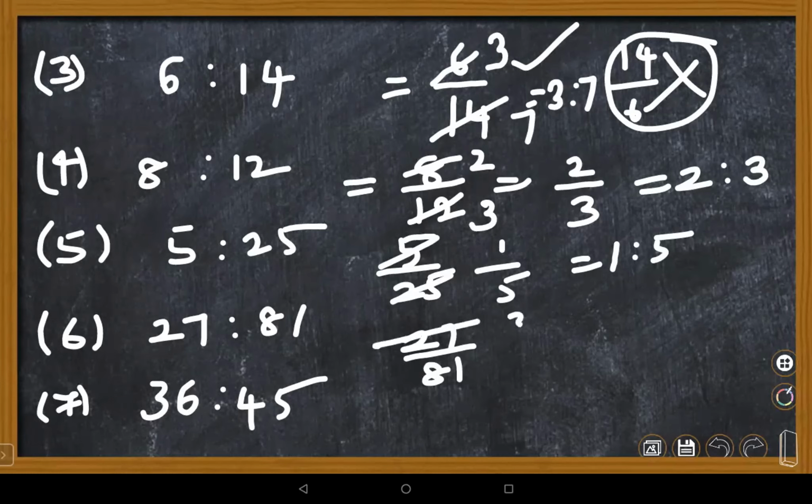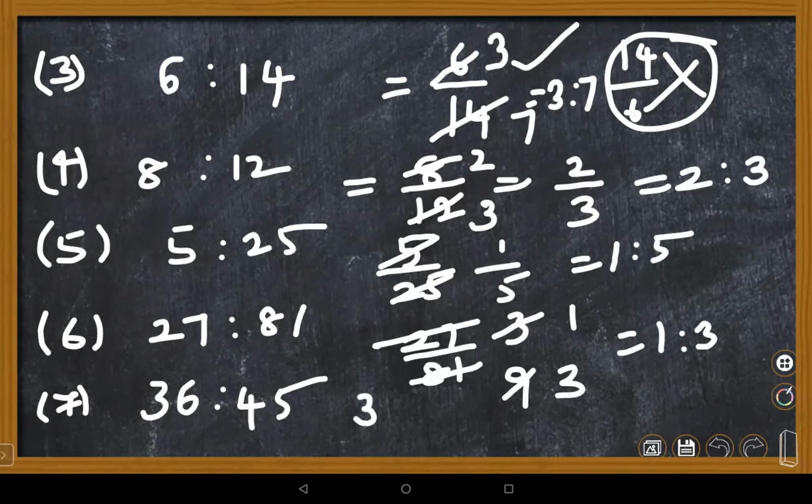No, 3 3s are 9. Ma'am, it's 1 is to 3. 1 minute, Nana. That's why 3 by 9 again. 3 by 9 will go in the 3 table. Yeah, 1 is to 3. Very good. 1 is to 3. Not 3 by 3 is to 9. Children, 1 is to 3, because it's least form, the simplest form you're supposed to write always.